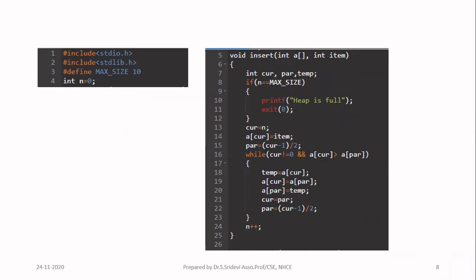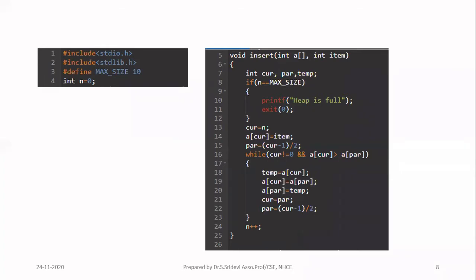In the slide, I have explained that whatever your element to be inserted is, first you will insert that element as the last element in the array. Then only will you start your bubbling up process. So insert your new element at the end of the array. For that, n tells me the index of the next free position, so I take that as the current position. There I am going to insert my new element.